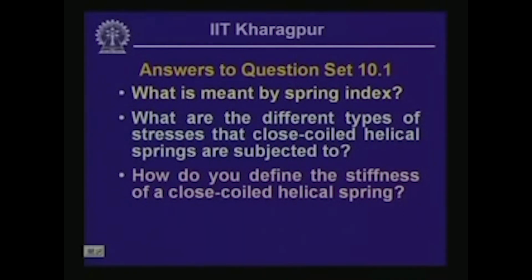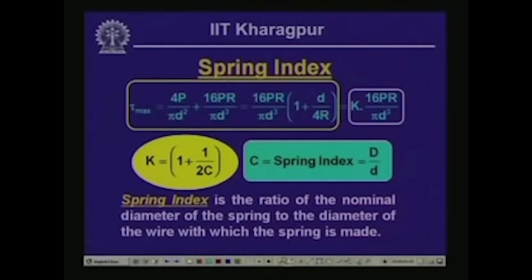The first question was, what is meant by spring index? If you remember, while discussing closed coil helical springs, we had discussed how the stresses are induced, and we had seen that primarily the stresses which act on the springs are the direct shear stress and the twisting moment, and both induce shearing stress in the member. The direct shear force induces shear stress, and the twisting moment also induces shear stress, and thereby we get the total shear stress, which we have designated as tau max, which equals 16 P R by